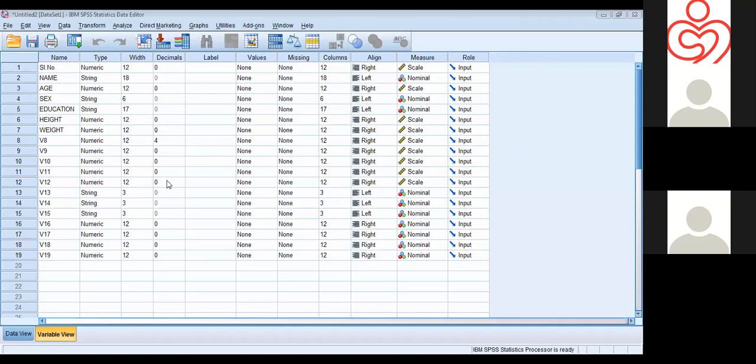For those who didn't get the idea properly, I will show it once again. For that, I'm opening a new window. By simply clicking Control N, we will get a new blank sheet. That shortcut is applicable for all software, like Microsoft Word, Excel or SPSS. If we press Control N, a new blank sheet can open.